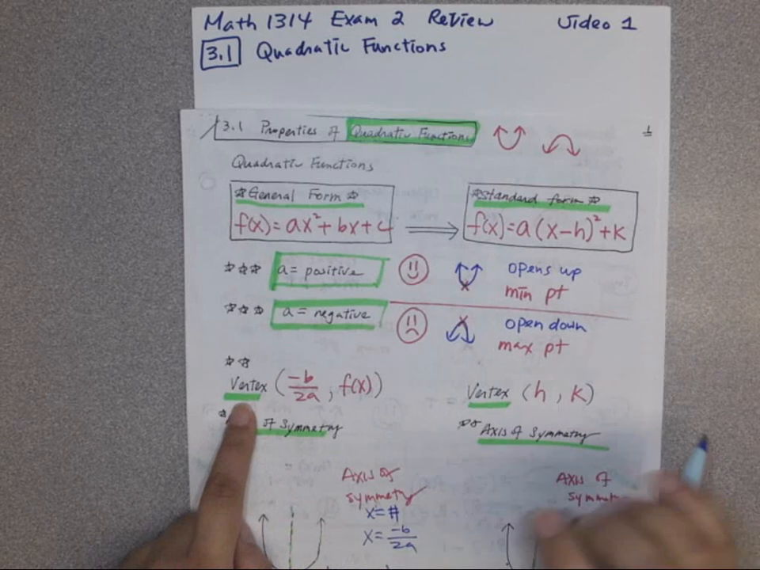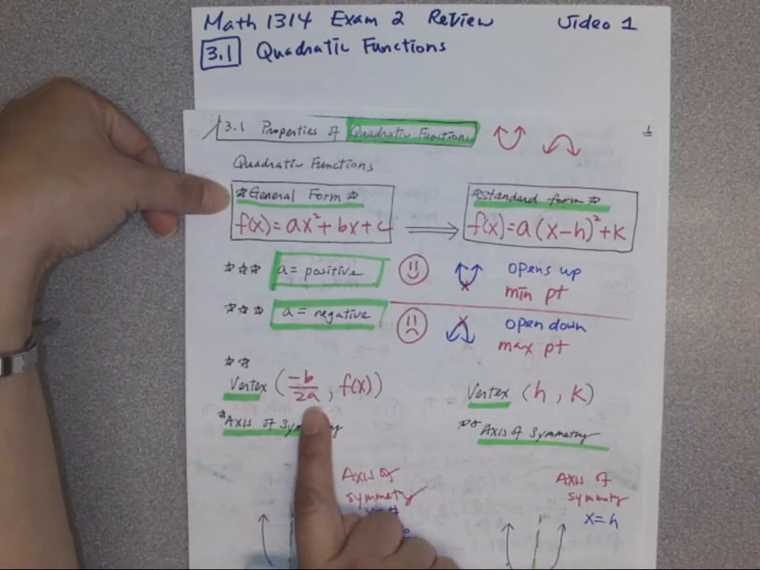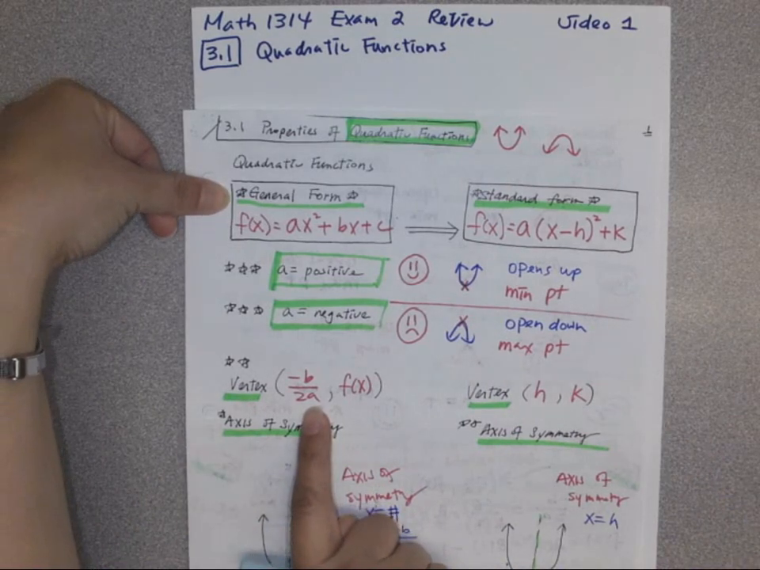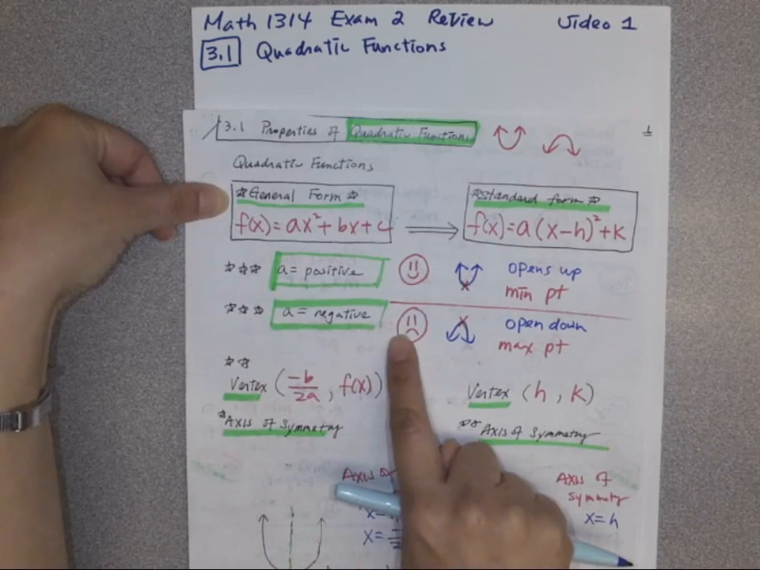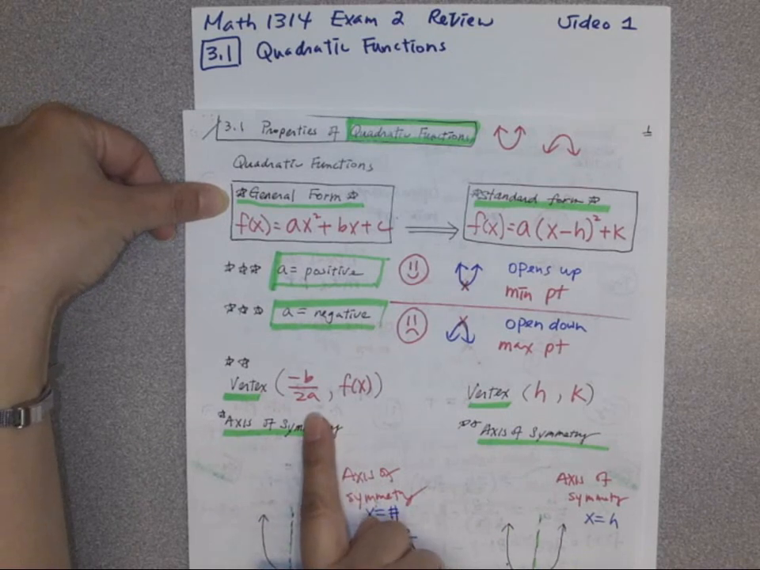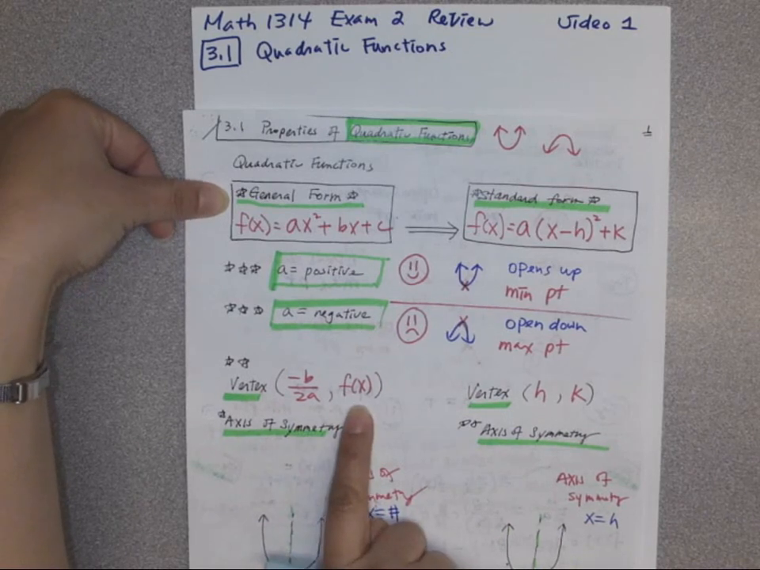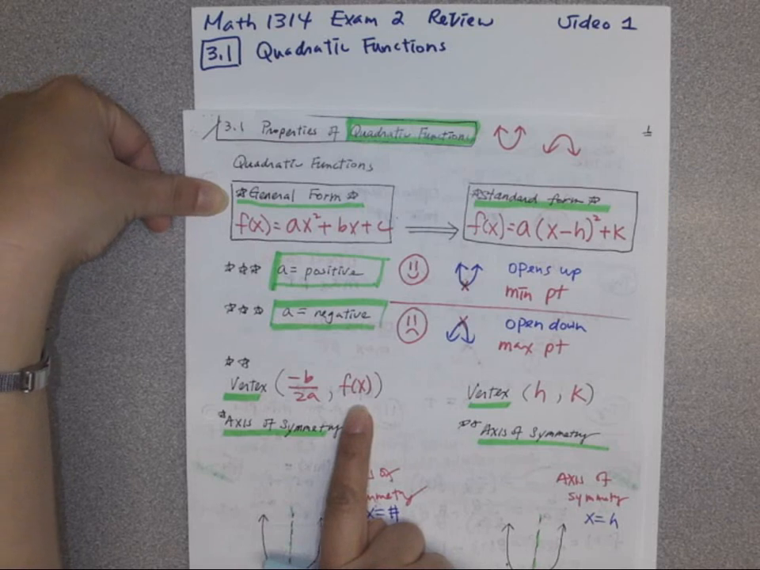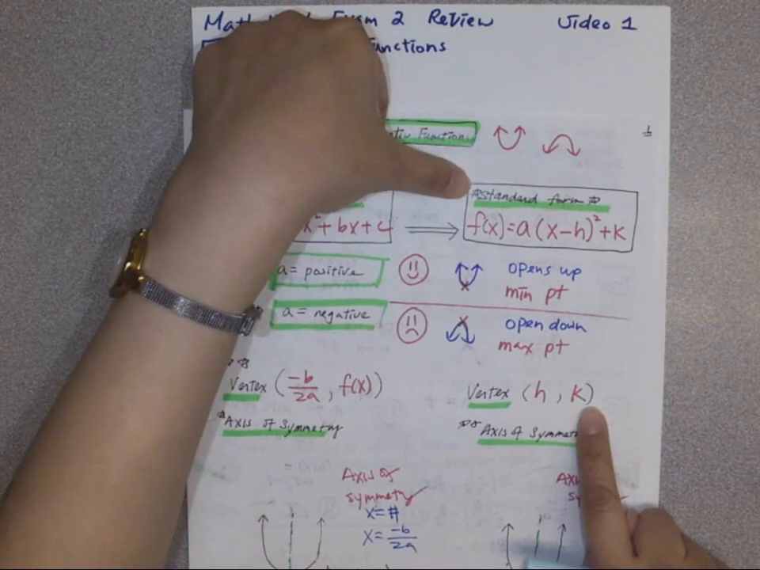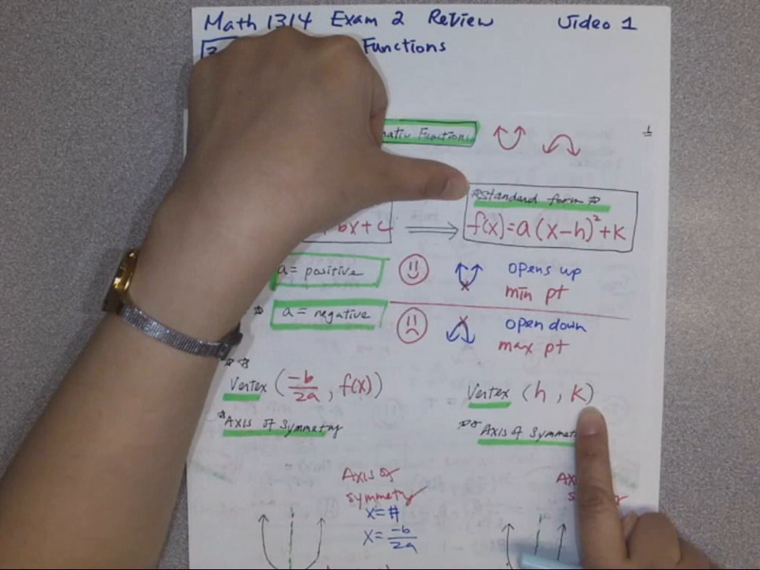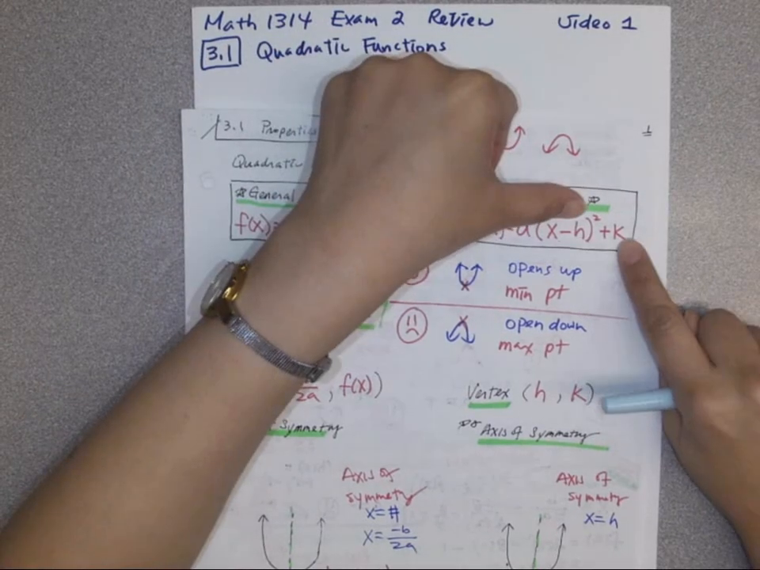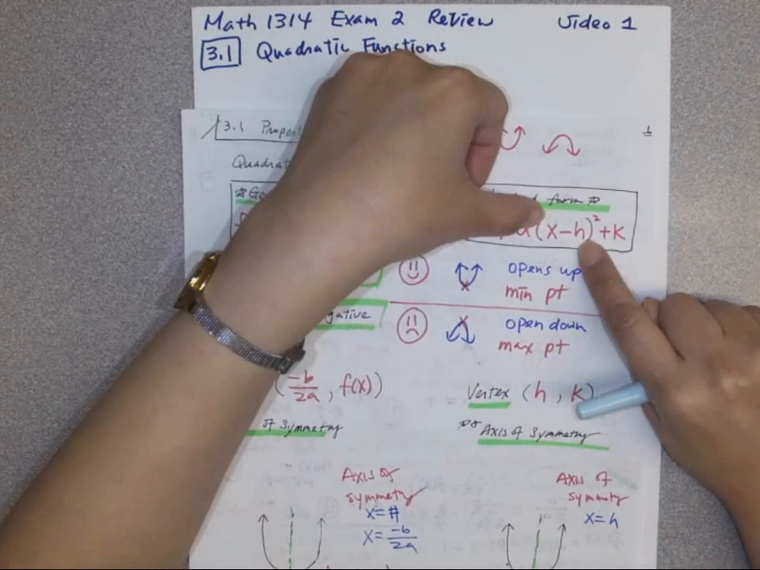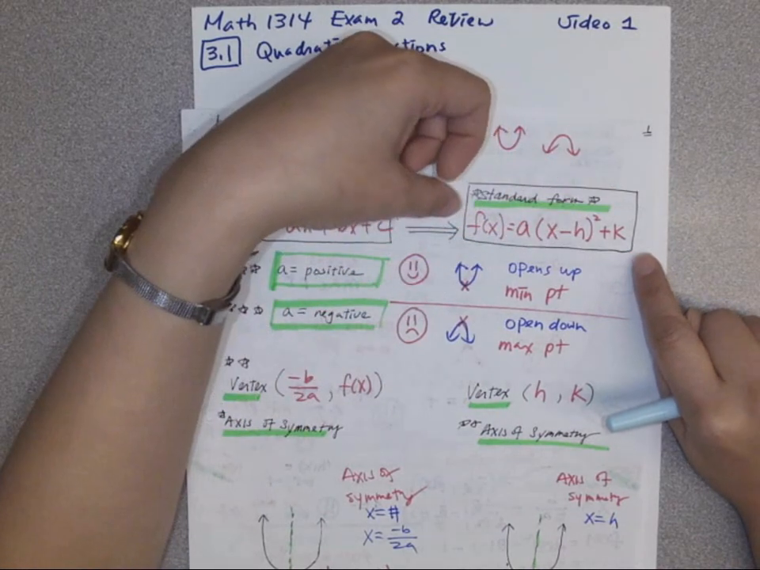For the vertex, if you're given the general form, you will do negative b over 2a for the x value, similar to the beginning of your quadratic formula. Once you get your x value, you can put it into the function to get your y value. And if you're given the standard form, then it's going to be h and k for your vertex, or maximum or minimum. You can see this as the h and k for the vertex, or you can solve for x, and this is your y value, like when we were doing